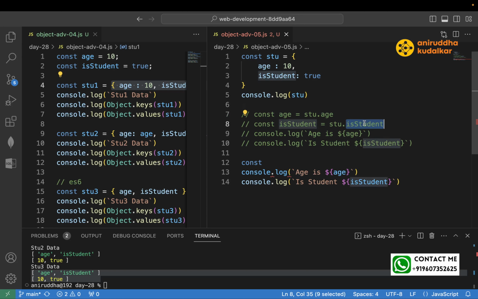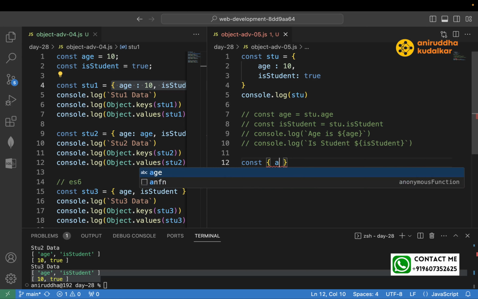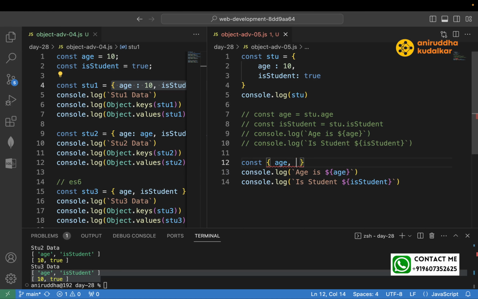Variable name and key name are the same over here. So at the time of unwrapping the object, if you keep the same variable names, age and isStudent, simply you can add STU. Now the meaning of these two lines and this one line is the same,